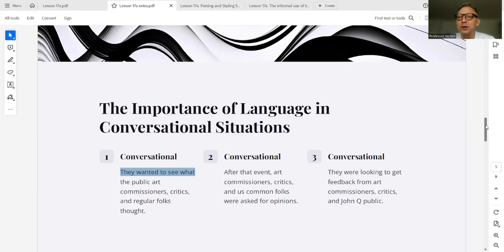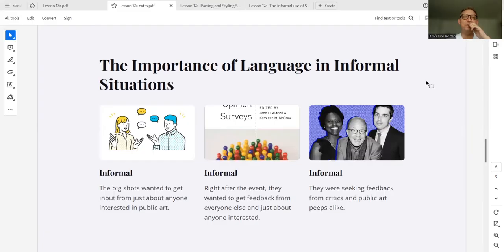All right, let's go on. Whoa. To the next page. Now we have informal. Here's some informal language, and this is fun for students, especially young kids, who love to see these comparisons and get to the informal, because this unfortunately is how a lot of their friends talk, or the videos that they're watching or listening to, music videos. This is probably how some of those people are going to talk. The big shots. Big shots are important people, informally.